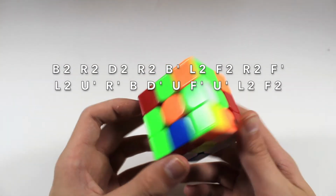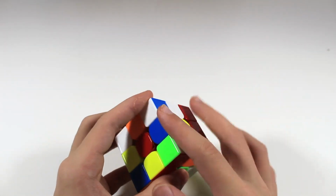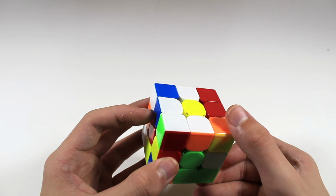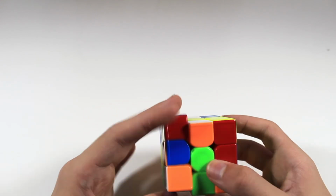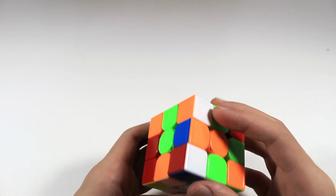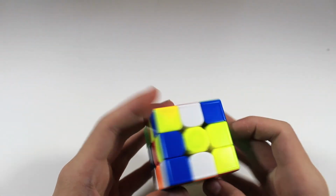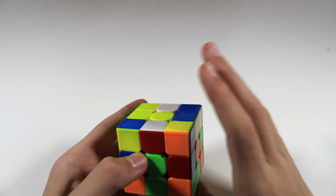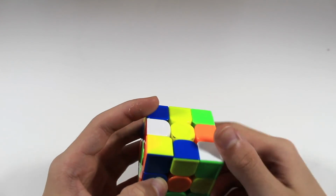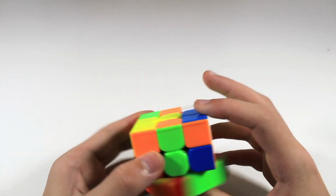So this last one, let's see, I noticed that I can solve these two, the green and the blue one. They're already opposites from one another, so I can solve those in 2 moves by doing something like this. And I noticed that this orange piece, if I were to insert it here, it would not be solved correctly, because if we were to put this green piece over here, it wouldn't be solved. So what I'm going to do is a U2, and then I could do an F2 B2, but I could also rotate and do an R2 L2. So I'll just do an F2 B2 right now,